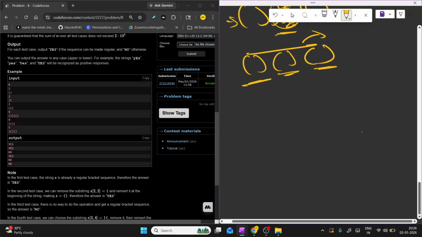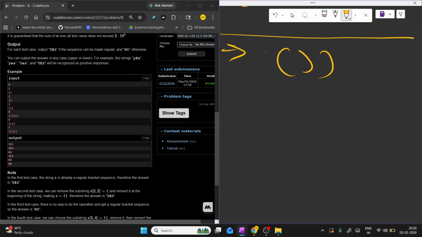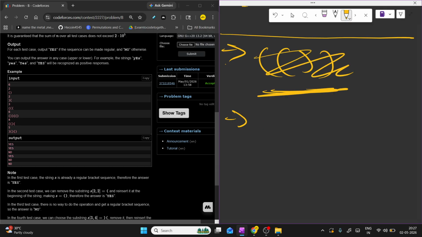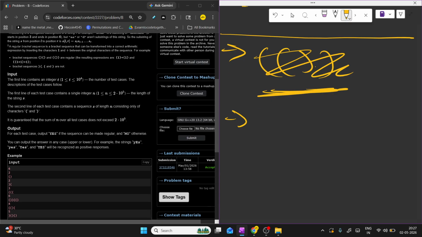So now let us try to find some conclusion over this problem. Okay. So now, at the starting of the question, I told that the whole string can be taken as a substring. So what we can do is we take each and every element in the string as a substring. We remove it and we try to rearrange, because we are told that we can rearrange it in any arbitrary manner we want. So we will choose the whole string as a substring, and we will try to rearrange it and form